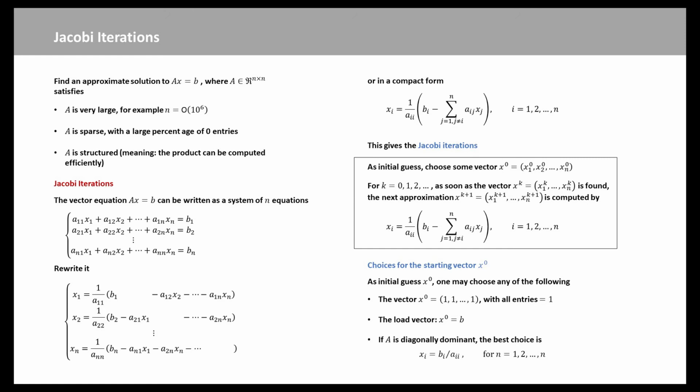We can just choose some simple vector. Let's say all vectors could be 0, and the choice of the right-hand side vector be... I will copy that to be my initial guess, and then there is a better choice if your matrix is